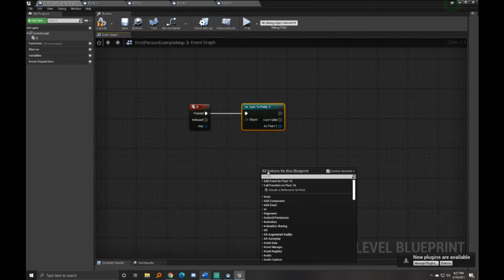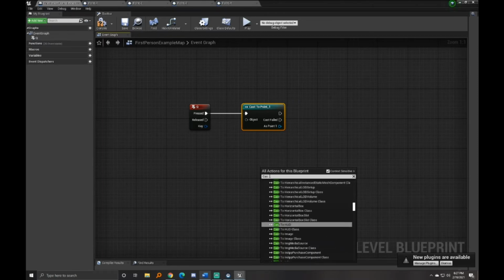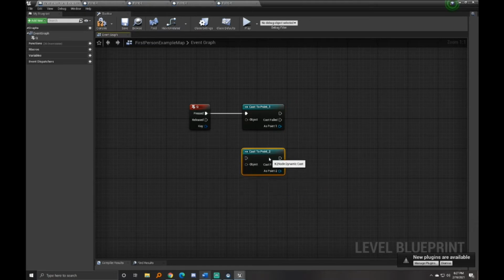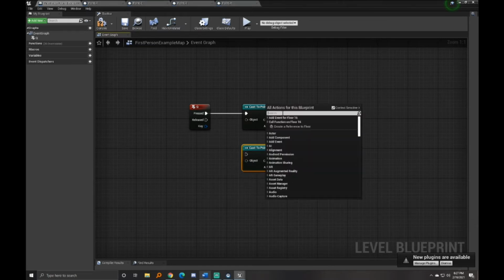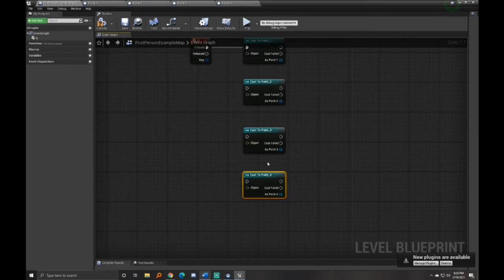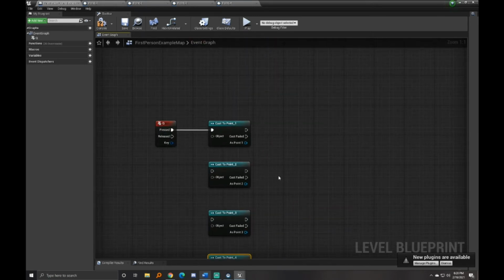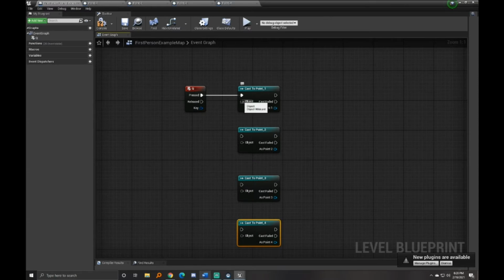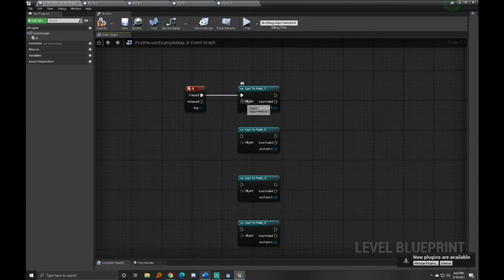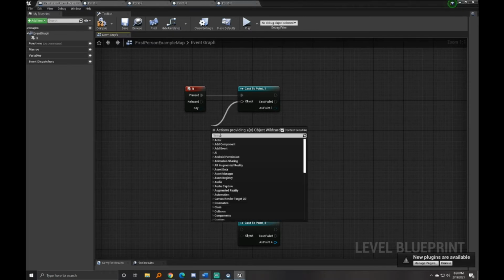And then you're going to also want to grab a cast to point 2 through 4, if you have 4 like me. And make sure you don't grab the point 3 or point 4 class, or any of the ones that would be class. And then from here, we're going to drag off, and to get the object for each one of these, you're going to drag off from the object slot and type in get actor